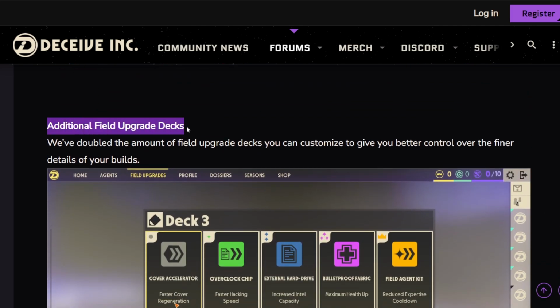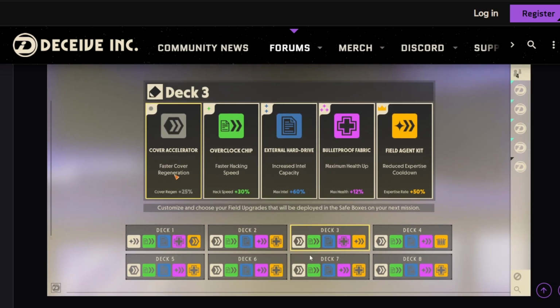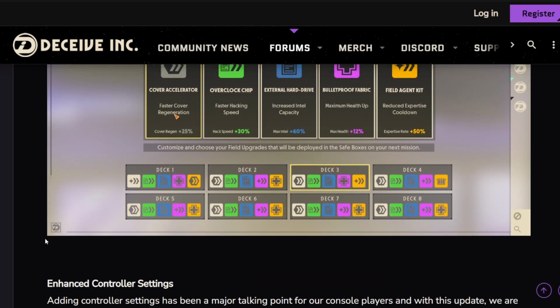Additional field upgrade decks. We knew this was coming. They announced this in the dev Q&A. They've doubled the amount, so now you have 8, and now it looks like this. This view is definitely better. Yeah, no, this is good. They don't say anything about...